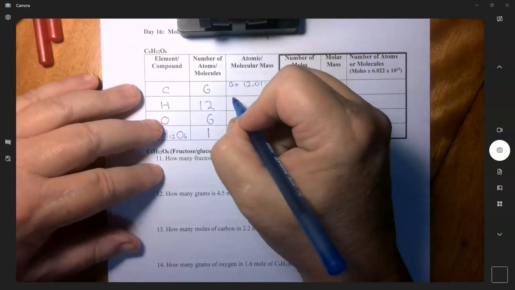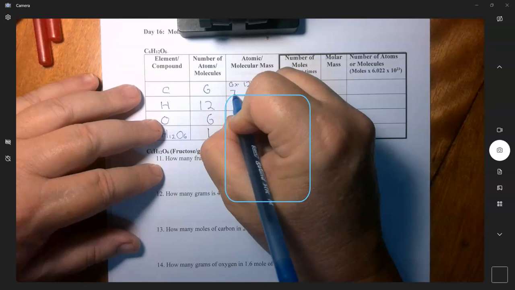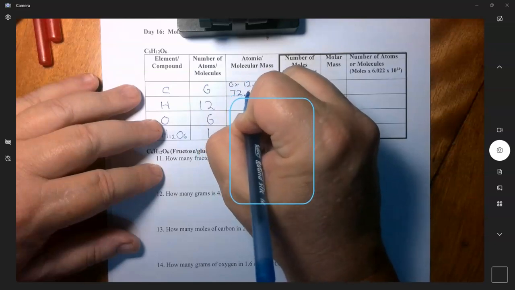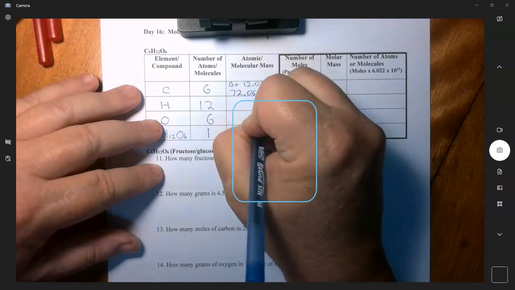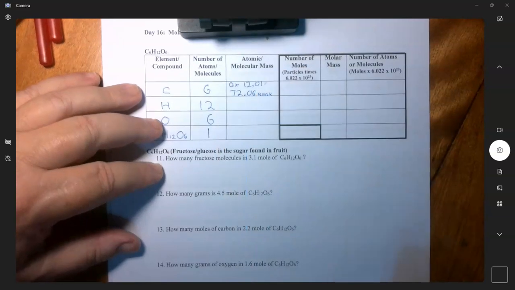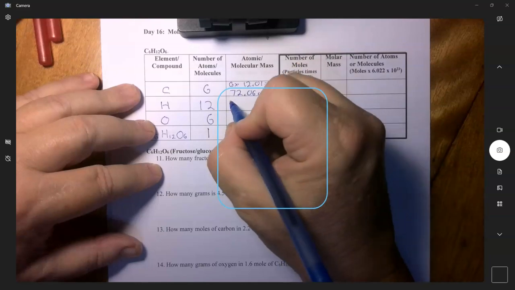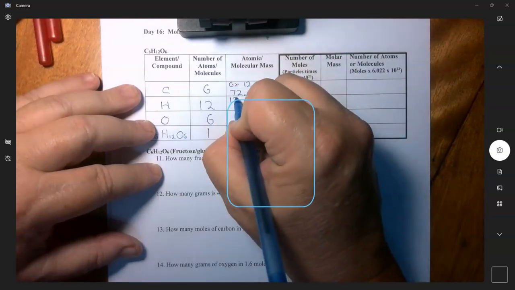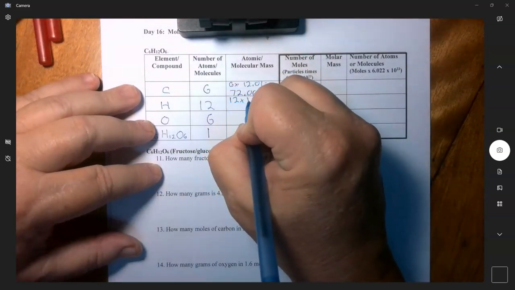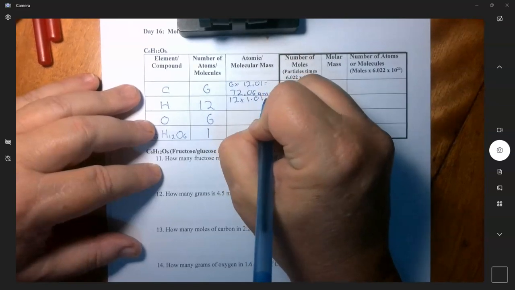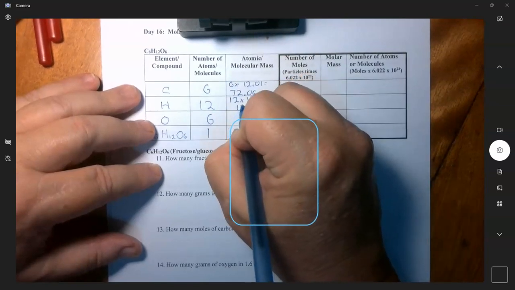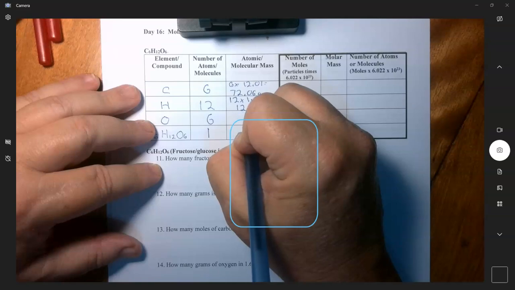And that's going to equal 72.06. And that's AMU. We're dealing at the molecular atomic level. Atoms and molecules here. Okay. Hydrogen, you have 12 times 1.01. And that's going to give you 12 point,